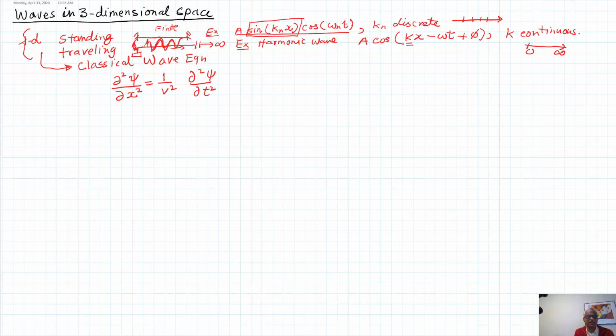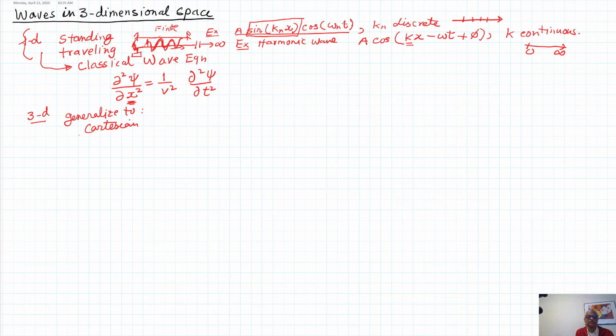Well, what will happen in 3D for this classical wave equation? You can see I'll have x, y, and z, right? So you'll have three such contributions. And on this side it will be the same, the time and speed. So it will generalize. I'm not going to derive this, but mathematically speaking, it's going to look like, in Cartesian,